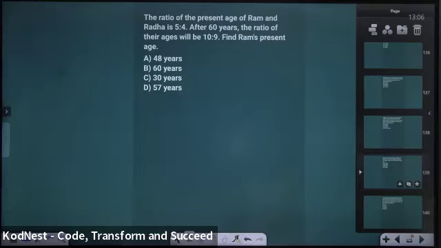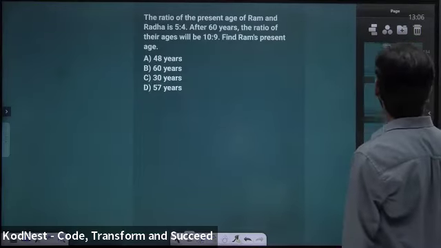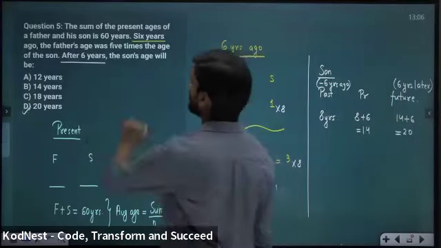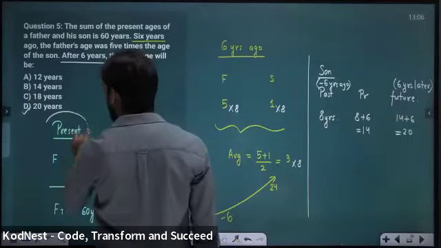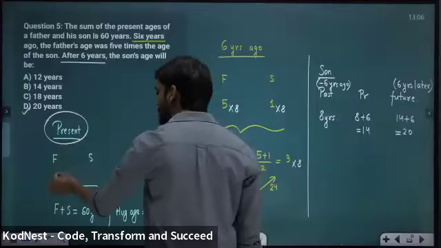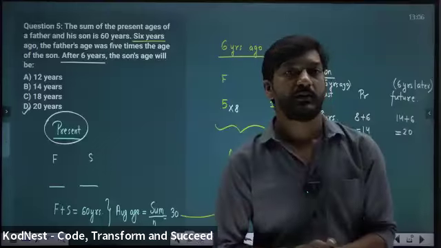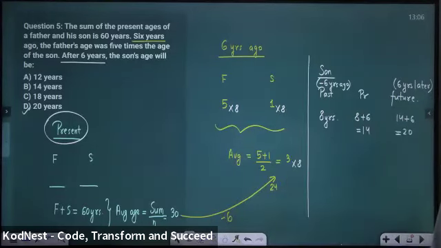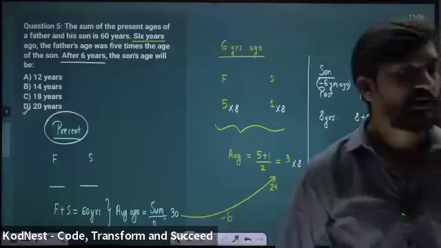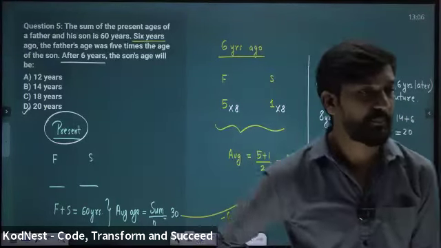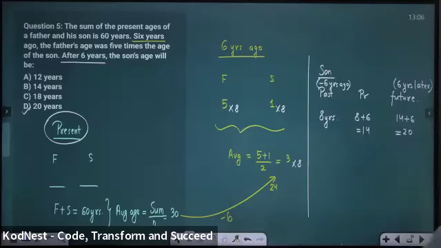Now 24 will come. Okay, see please, the time is very important. This is the present time and this is the present sum. So what is the present average? Who is the person? Sravanti, what is the present sum? 60. So what is the present average? Arjun, yesterday's PDF contains both.